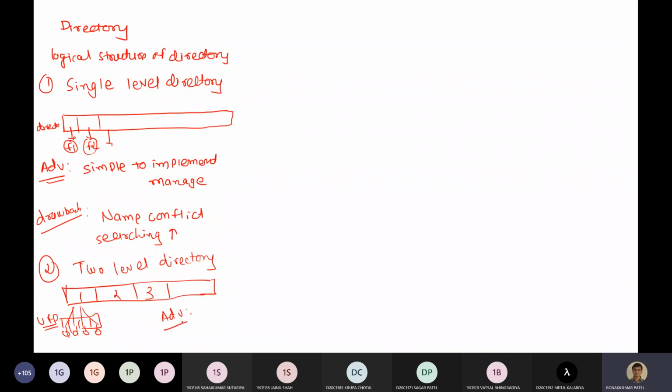एडवांटेज तो एक पता चला कि ये नेम कॉन्फ्लिक्ट हो रहा था, वो यहाँ पे नहीं होगा, राइट? एंड आइसोलेशन फ्रॉम अदर यूजर्स, बिकॉज ये एक यूज़र वन की डायरेक्टरी है, सो आइसोलेशन. और ड्रॉबैक, डिसएडवांटेज क्या होगा इसमें? एज दिस प्रोवाइड्स आइसोलेशन, सो द कम्युनिकेशन बिटवीन यूजर्स, राइट, फाइल शेयरिंग एंड ऑल,